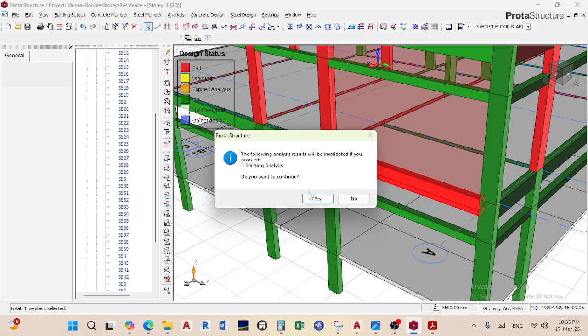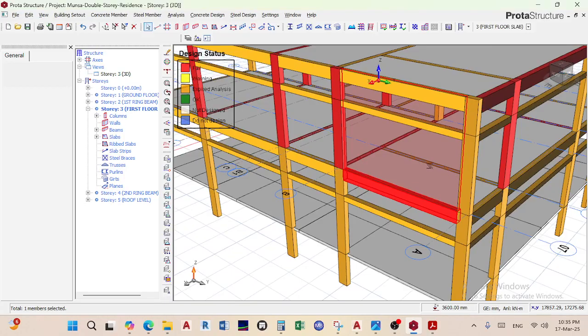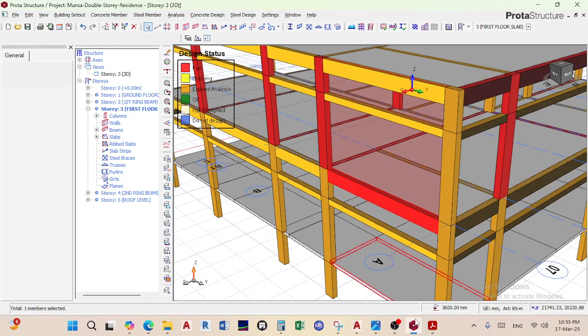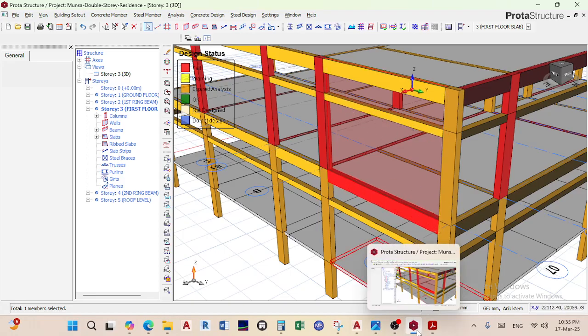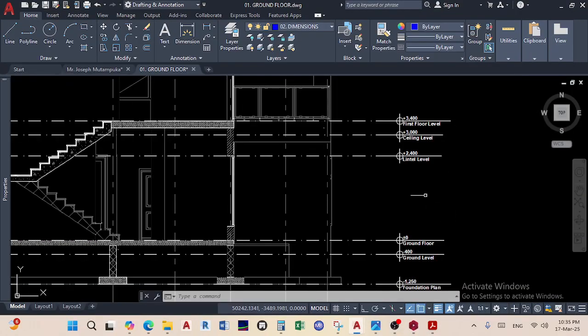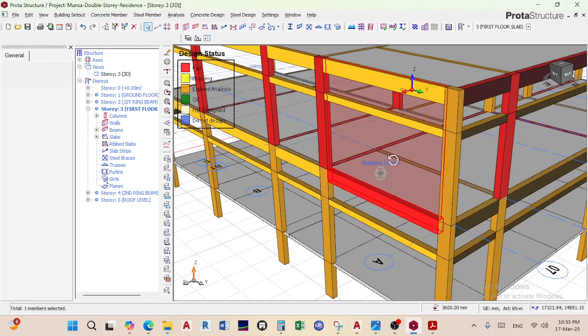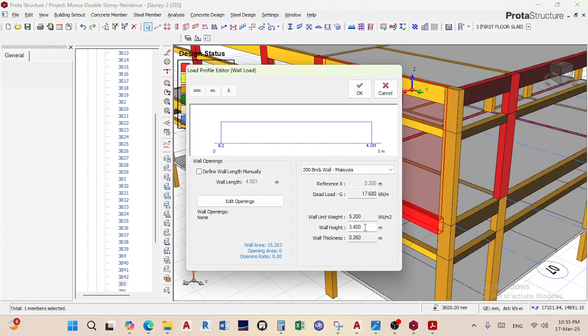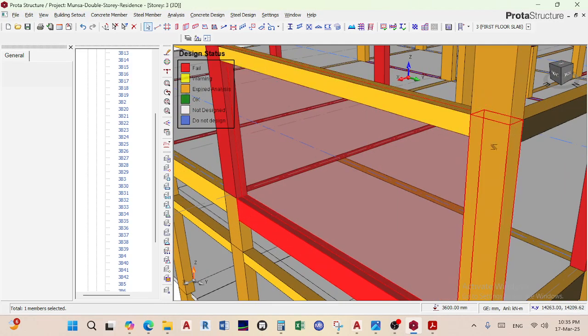It will be invalidated because now I'm loading the beams. When I say OK, you can see that it's gone way further. So I need to reduce it to meet the ring beam there. And then what was the ring beam? It's 2.4. So this I need to edit again to say 2.4, and then I'll say enter and OK. You see now that it reduces,